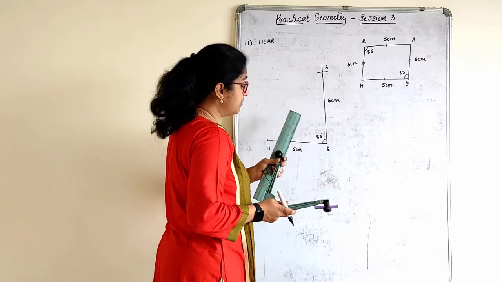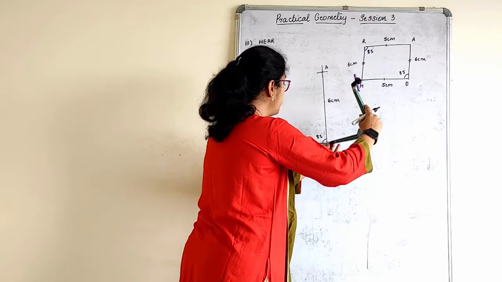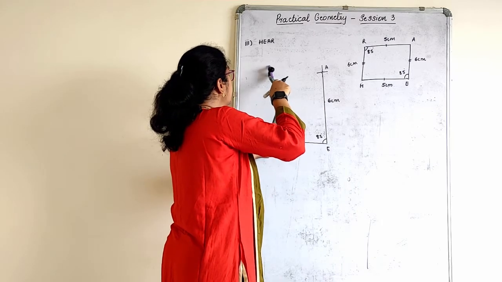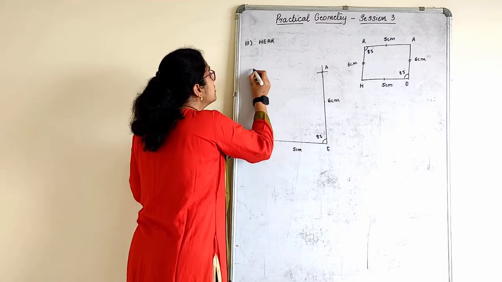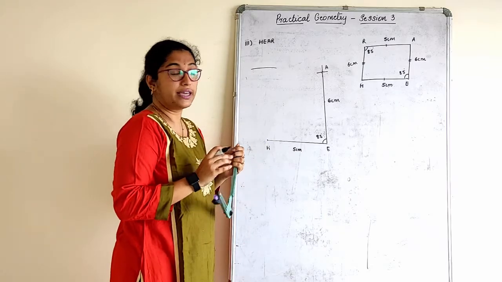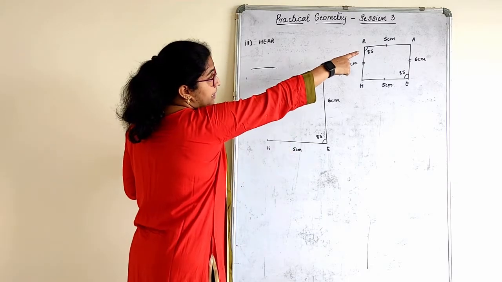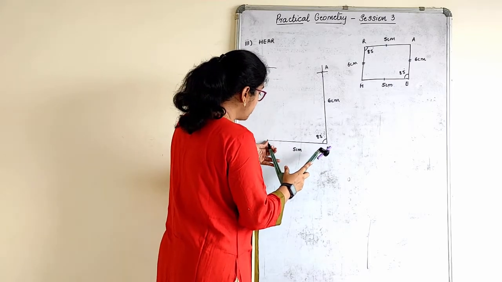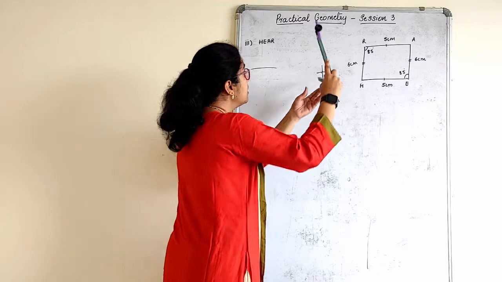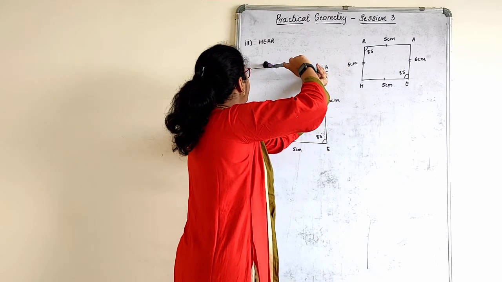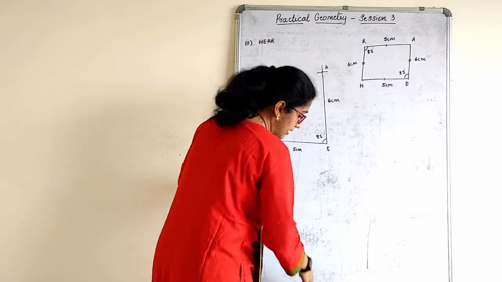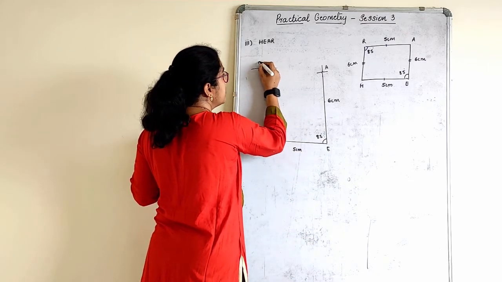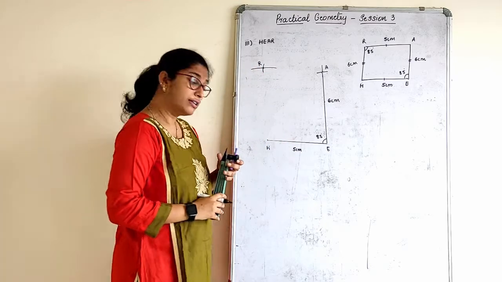Take 6 centimeter, the same radius first of all. What you have cut here, for the same radius, keep your compass here and cut that for 6 centimeter. The line comes here. Okay. Here, what do we have from A to R? It is 5 centimeter. That's the same measurement that we have. Keep your compass here for 5 and cut it. Is the R cutting? Yes. What is this point? R. Did we get a point of contact? Yes.